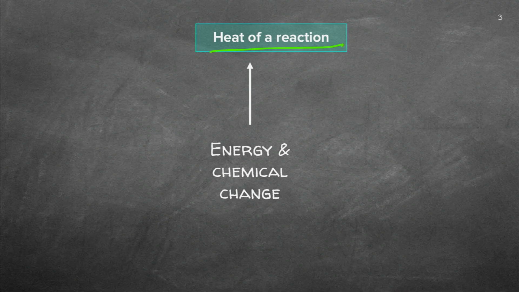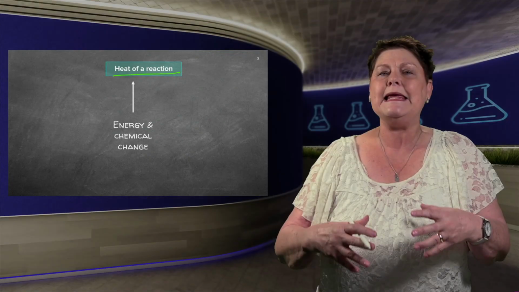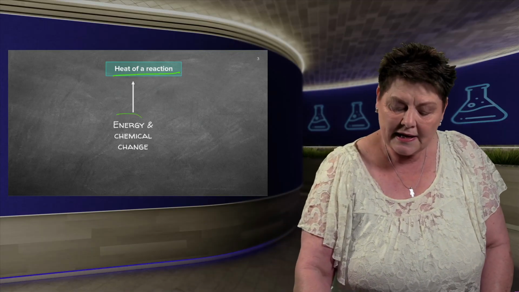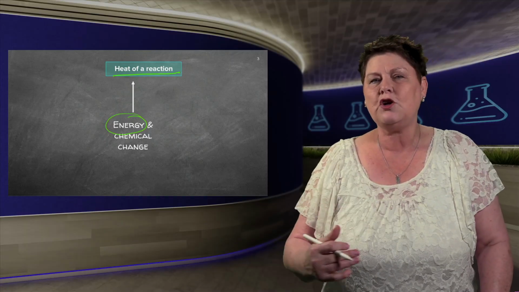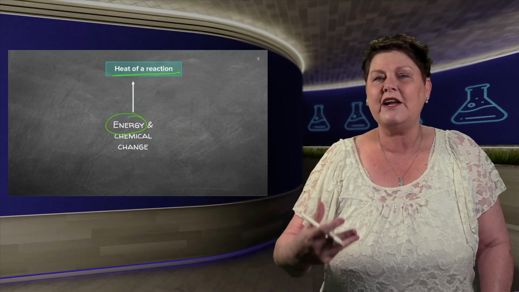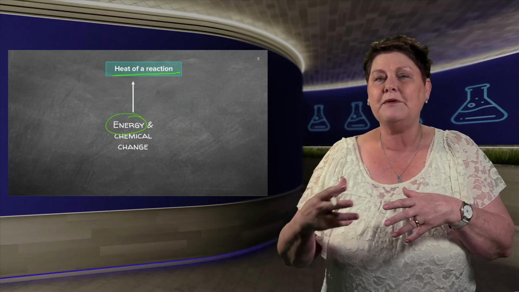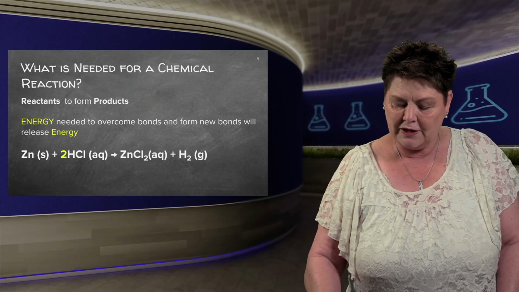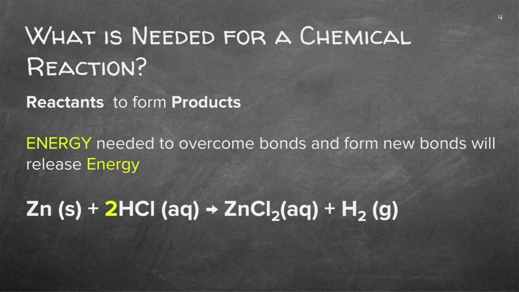Now remember, the heat here is not like it's going to heat up. It actually does, but we can't feel it. It's actually energy. And we know if we switch on a kettle or an iron or anything, we are generating heat. So it's energy being transferred from one form into another form of energy. So what is actually needed to get a chemical reaction?